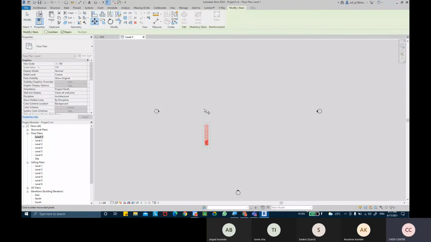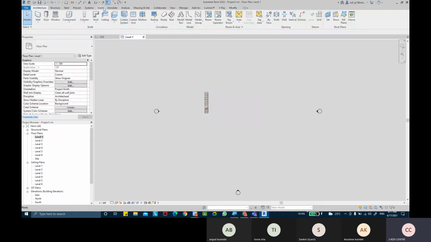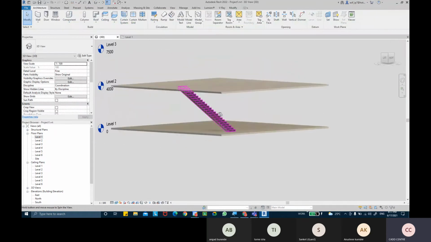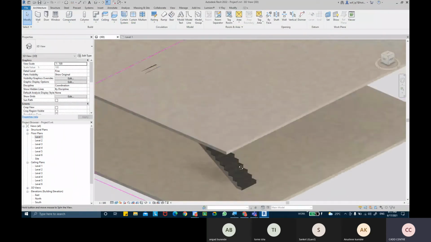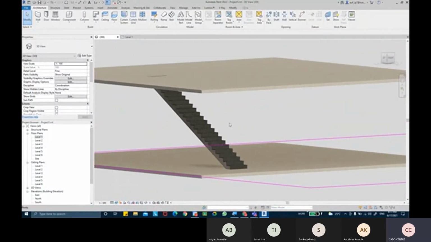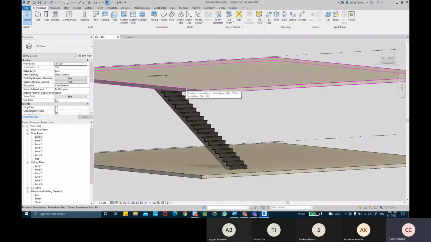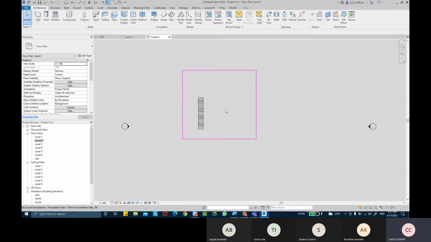Then right now, the first thing is that we don't have a cut in the slab actually. So we need to create a shaft for the stairwell. For creating the shaft for the stairwell, I'm going to come into the level in which you want to create a shaft. So I'm going to create it on this slab, which is on the second level. So I'm going to come into the second level, and